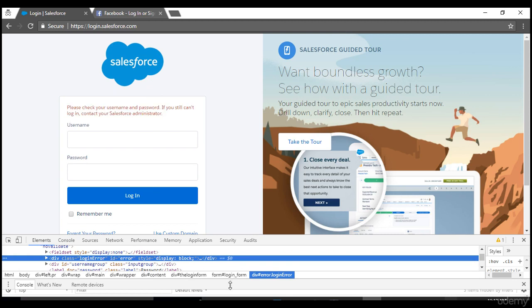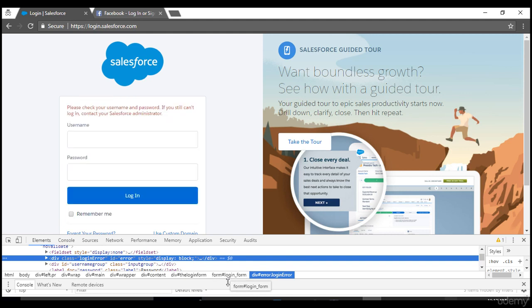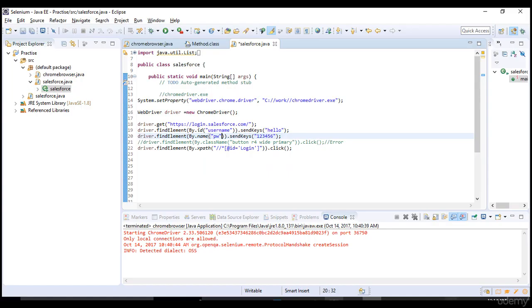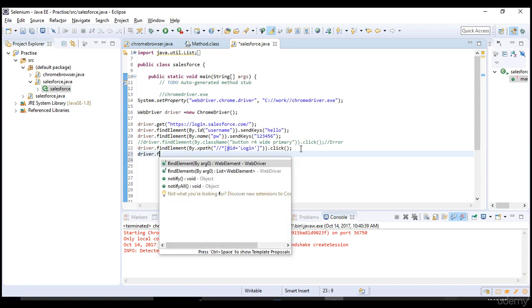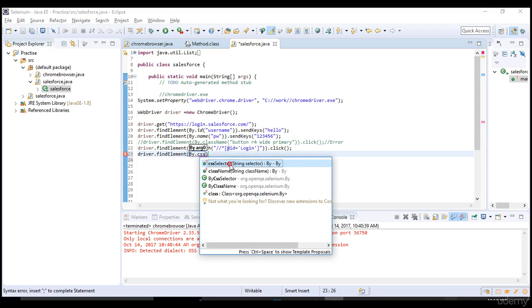So we did not take the CSS from Chrome, right? Okay, so move your mouse here. It's highlighting the entire block. So this is not the right CSS. You can get it from Firefox, but I'm just trying it out from Chrome. This one, yeah, this is the right one. So let me use this CSS selector. So after clicking the login button, driver.findElement(By.cssSelector).